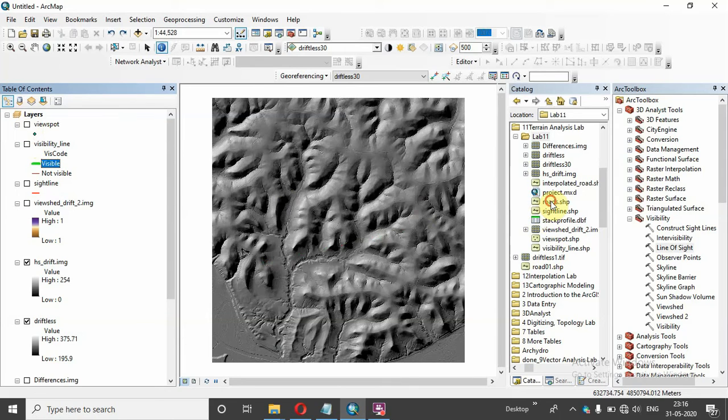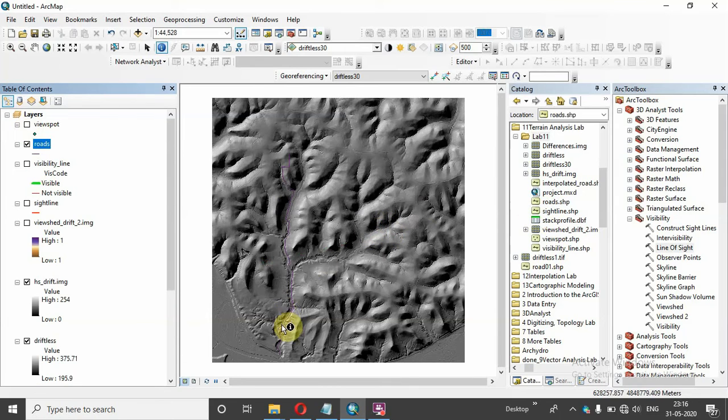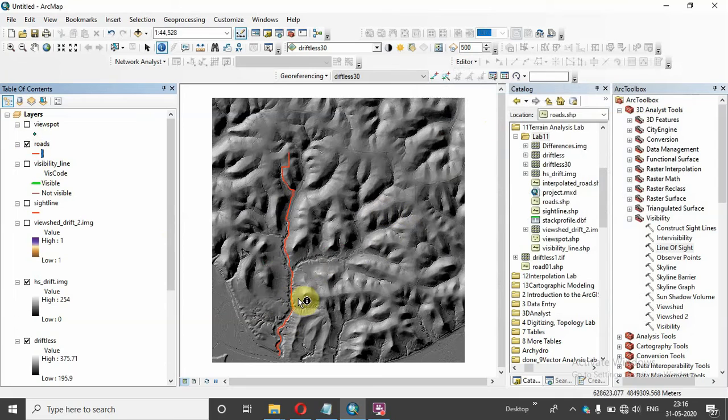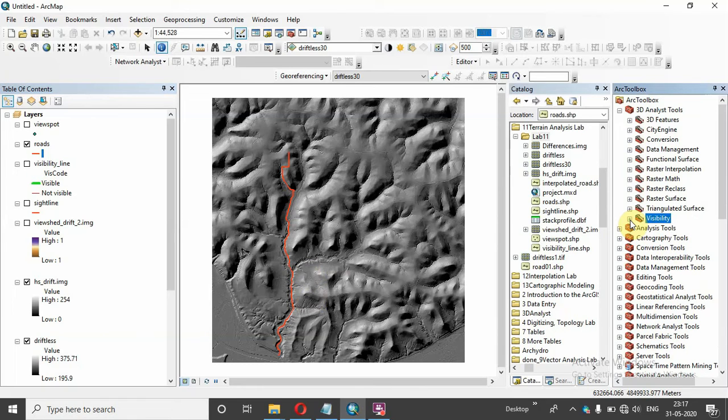So I have digitized a road here. You will get this red line as I have digitized. To get the profile along this road, I have to do the stack profile.